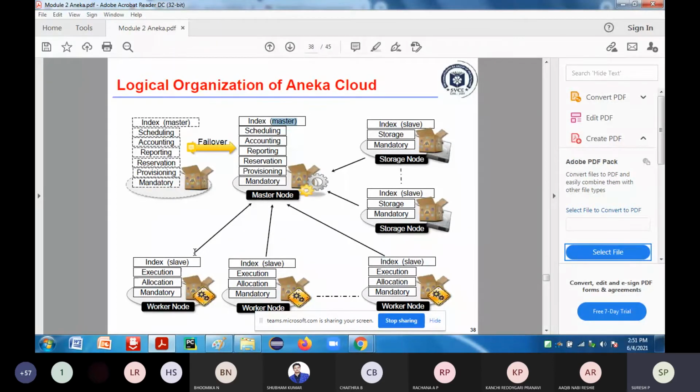So if it is down, what do I need to do? What if any failure is going to occur? How do I have to shift that? So everything has to be maintained. Apart from that, the storage node also requires the logging service. What do you mean by logging service?